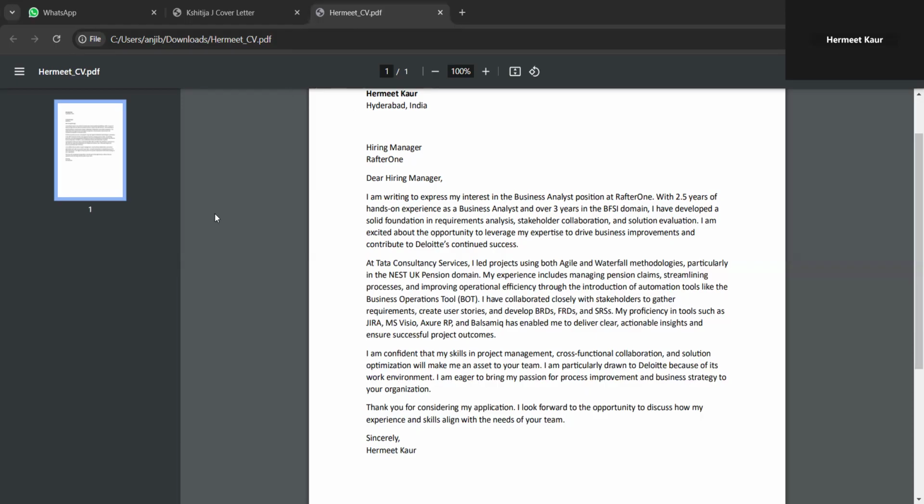But whenever we are in Nest Corporation, we have very different departments. Nest is National Employment Savings Trust. In that we have our retirement department, employee services, transfer in where the money comes in, and transfer out where the money goes out. I was basically in the transfer in department, where members in the UK enroll in this pension scheme.